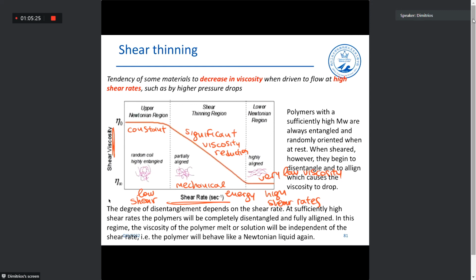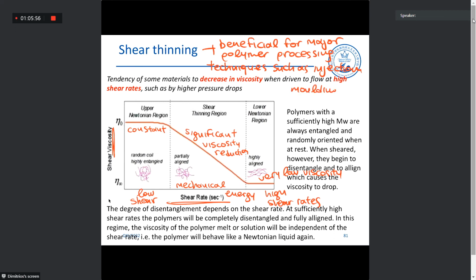And that is why shear thinning is beneficial for major polymer processing techniques, such as injection molding and extrusion. Okay, you get it. For the case of the injection molding it is a matter of how fast we inject our